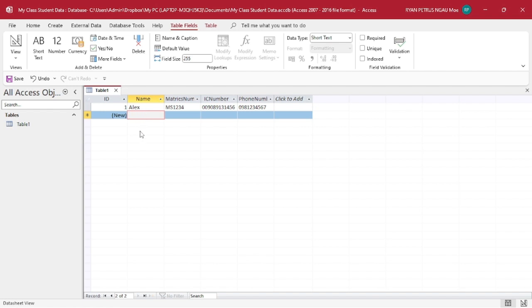Next, if you want to add another student, you can also add. For example, this time we will add a female student, Alicia. Matrix number S1235. Then the IC number. This is random, for example, so you can understand. And her phone number is something like this. Understand also. Then if there are second intake or third intake students,